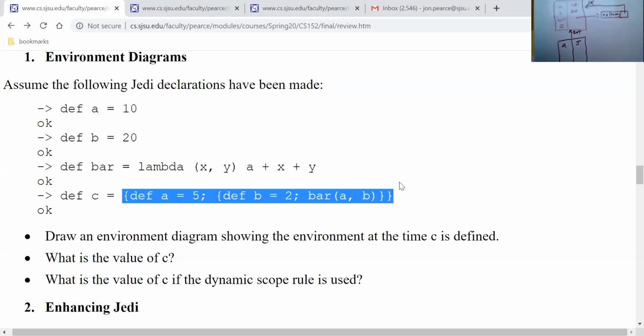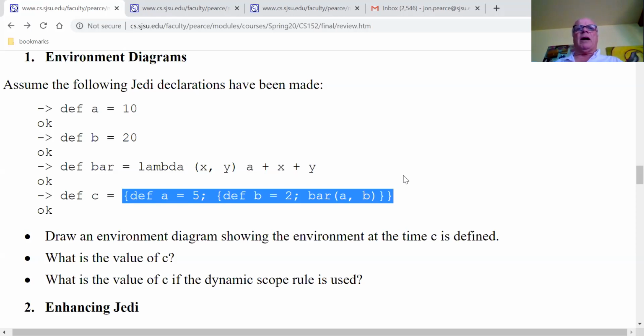This is what we're looking like now. You see down there TE1, can't see it. It's got A equals 5. This is just block.execute. It's got A equals 5 in it. And it extends, well, at the time, the current environment was the global environment. Now the current environment is TE1. And then